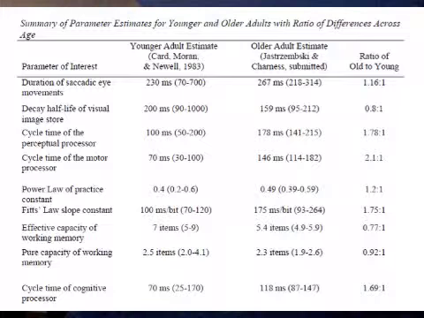One area that doesn't differ very much is the pure capacity of working memory. You'll see that younger folks tend to keep 2.5 items in memory, and older folks tend to keep 2.3 items in memory. So it's very, very close. On the opposite end of the scale, the cycle time for the perceptual, motor, and cognitive processors is anywhere from 1.5 to 2 times as long. So it's remarkably slow.